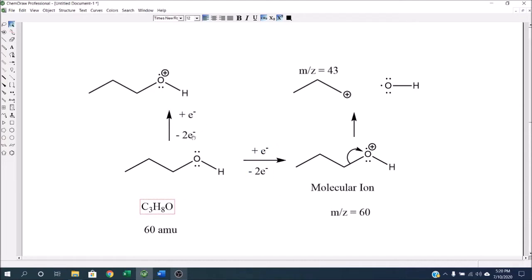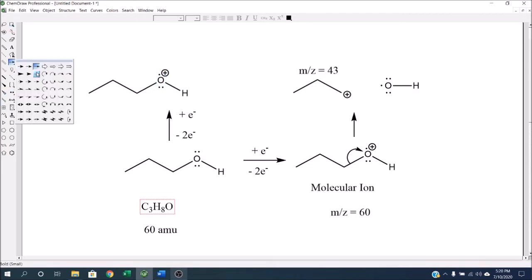Okay? The 1-propanol will get ionized by the ion cannon and then loses a pair of electrons, and we get to this cation radical. Instead of the oxygen simply taking its electrons and leaving, what it does is doubles down. Okay? And by that, I mean it takes this remaining electron and offers it to this carbon right here